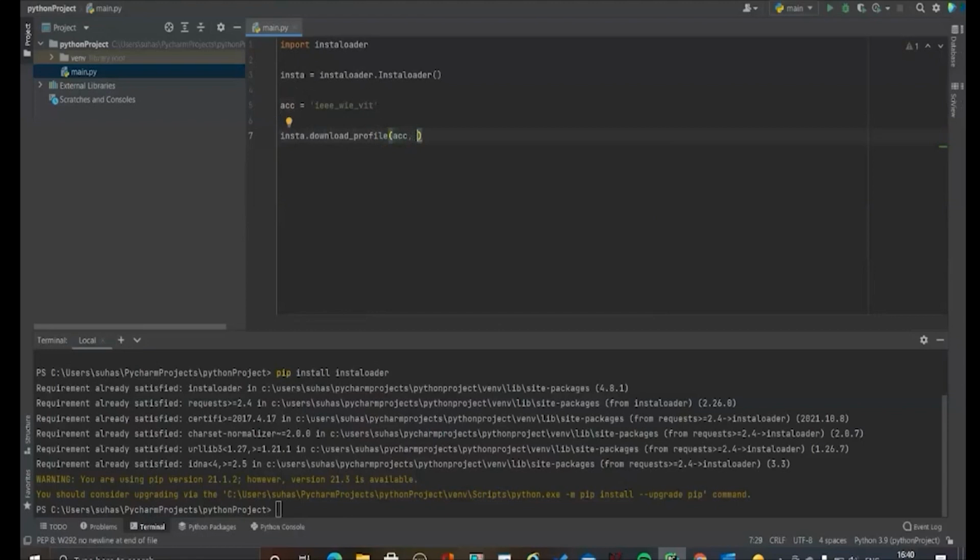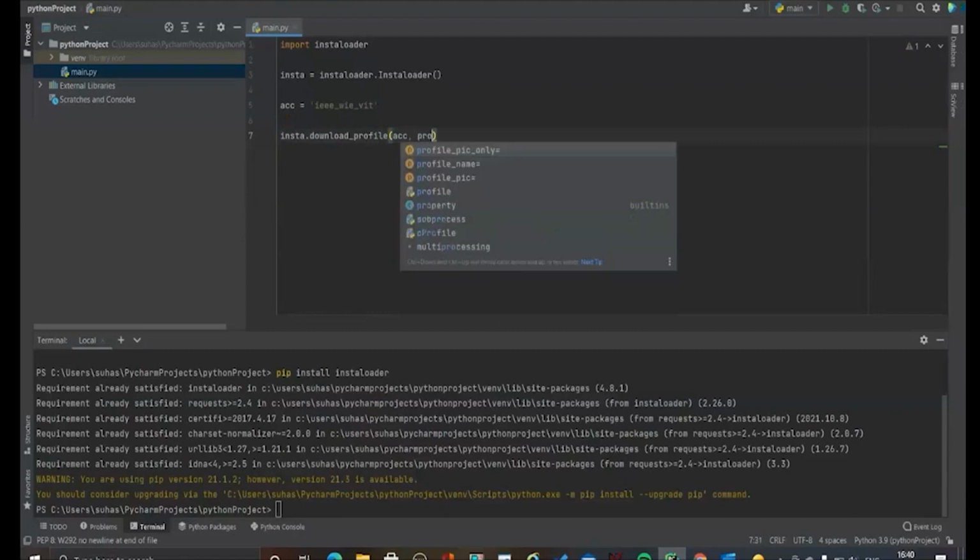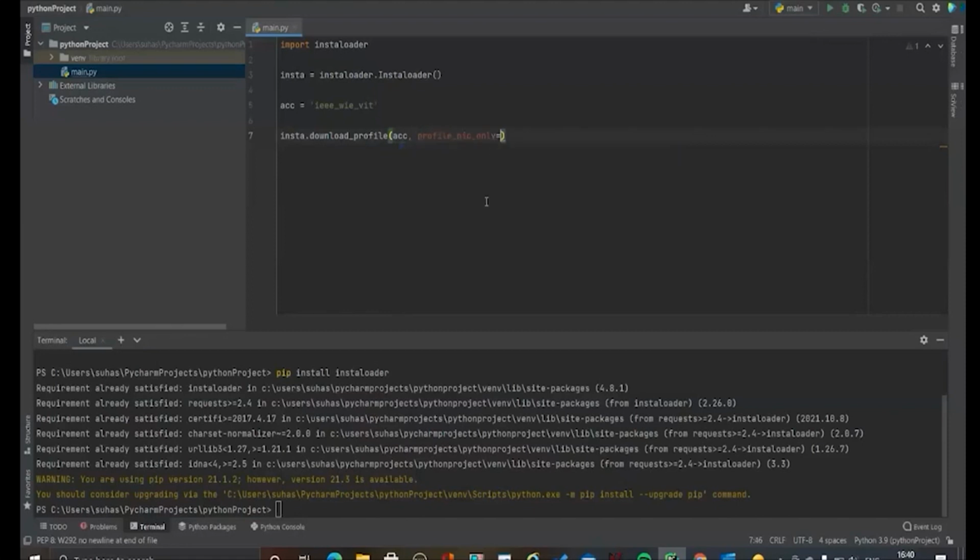And also, since I need to download the whole profile and not just the profile pic, I'll specify here that profile pic only is equal to false. This will help you download all the things in the profile and not just the profile pic only. Now we are completely done with the coding. Now all you need to do is run this function. So just go here and click on run,